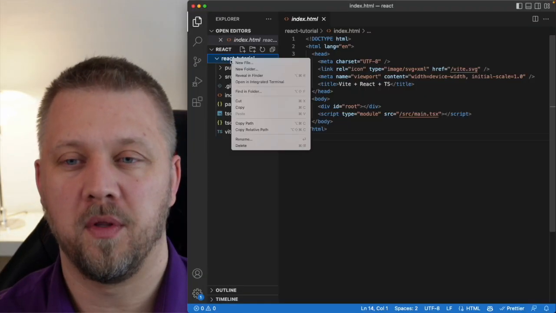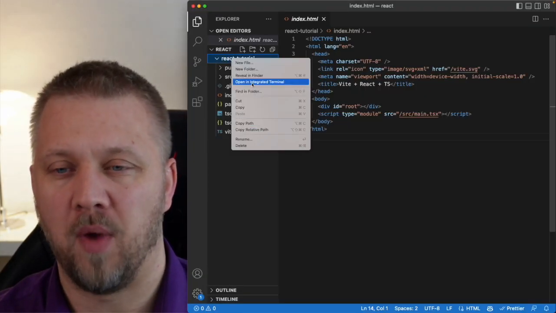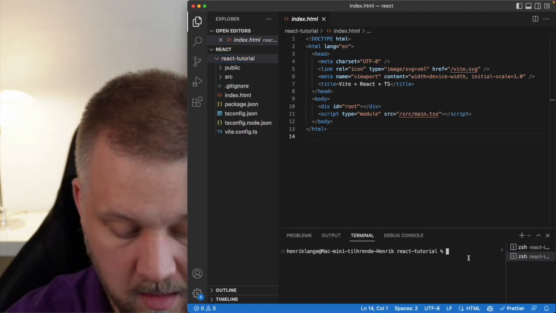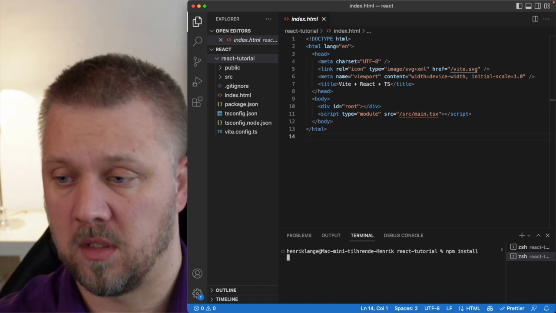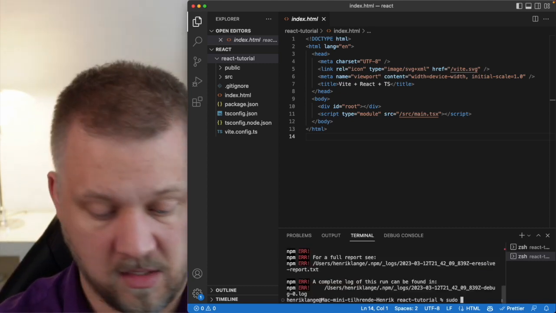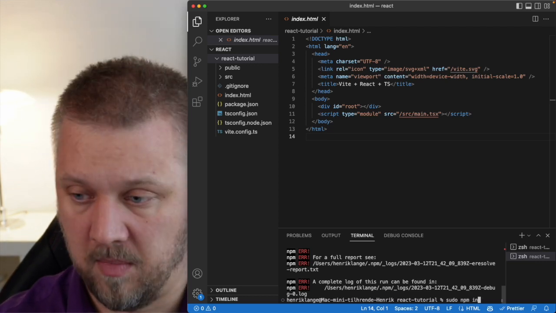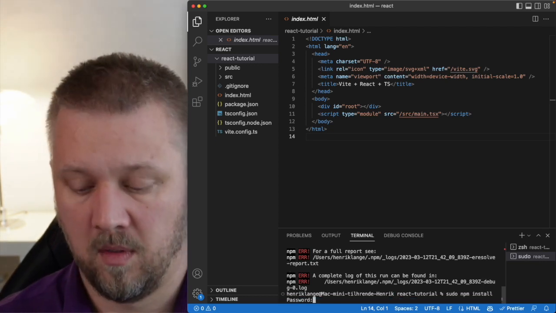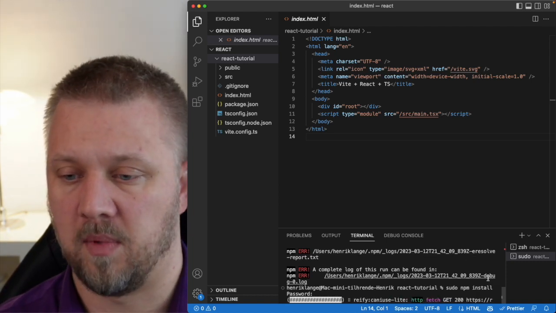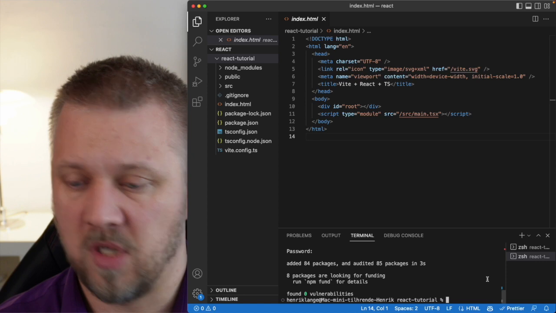Now this is the folder that has our React app in it. So if we right click on that and say open an integrated terminal, we can say npm install, just in order to get Vite in here and running. Now, once again, I have to do that as a super user. So npm install. And it's going to install everything that it needs in order to run this application. And after it's done that, I can say